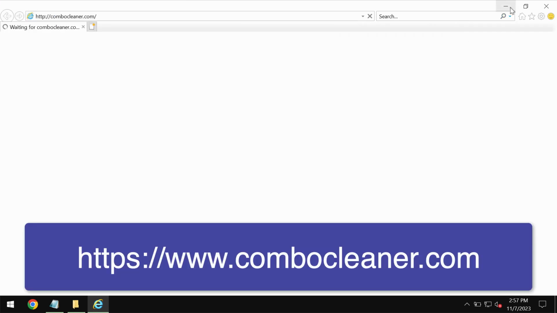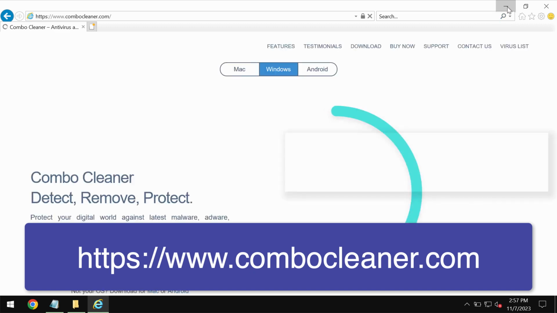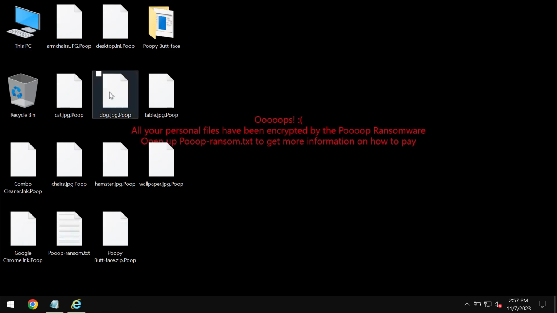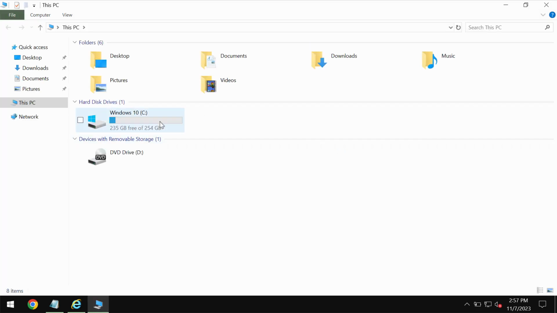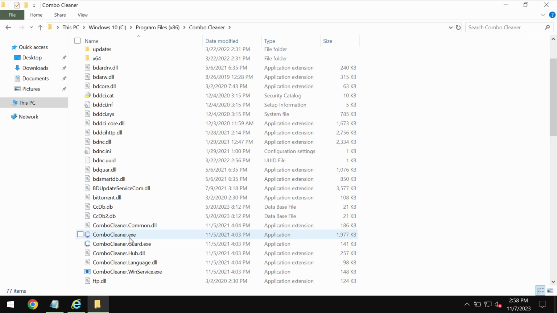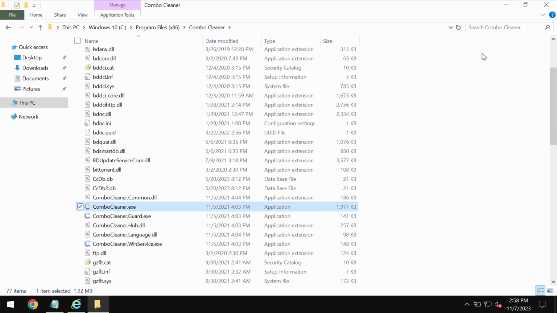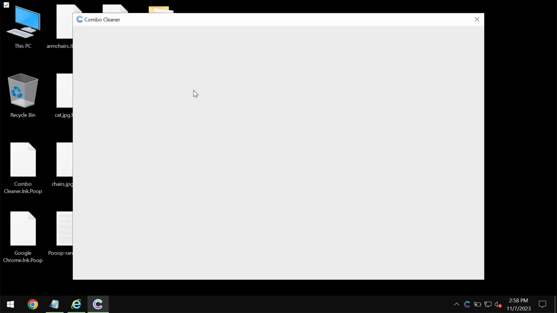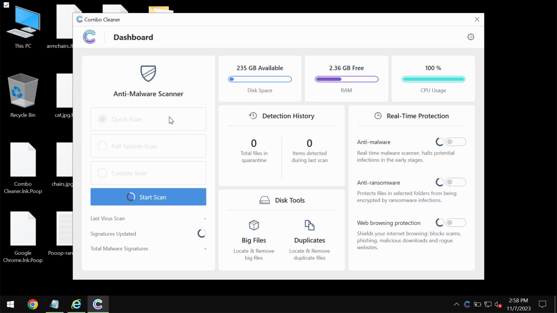combocleaner.com. So go here, combocleaner.com, download the application, install the software, and once it is successfully installed, start scanning your computer. Combo Cleaner will initially be in trial mode, so only the quick scan option is available in the trial mode. You need to click on this Start Scan button,